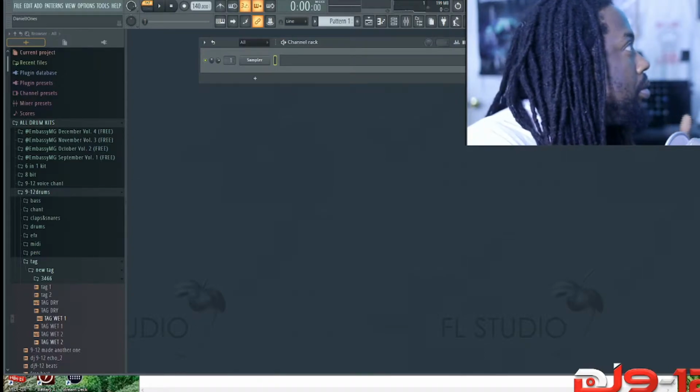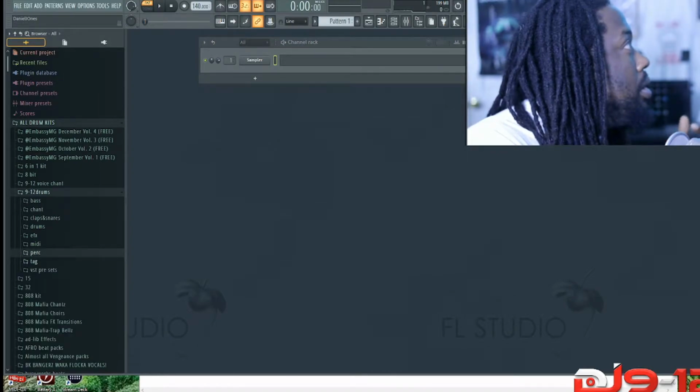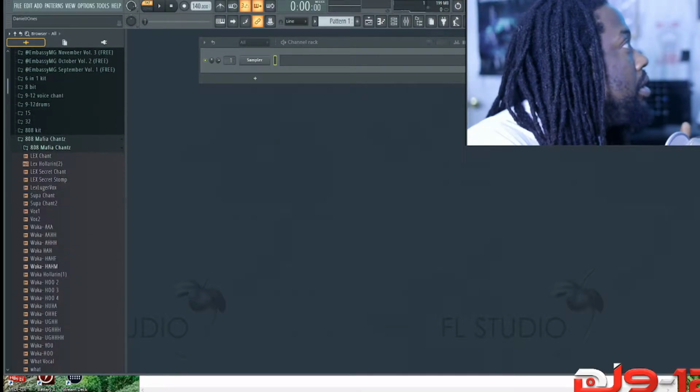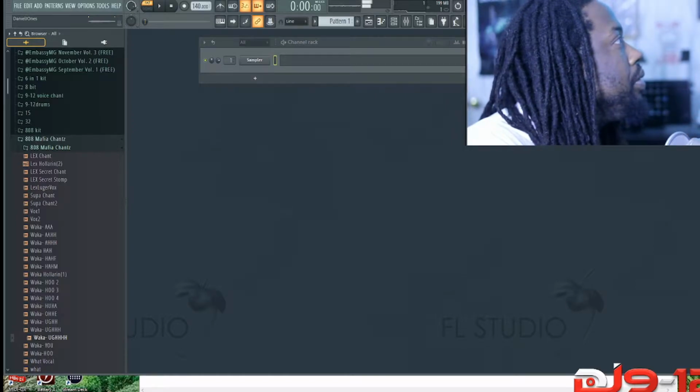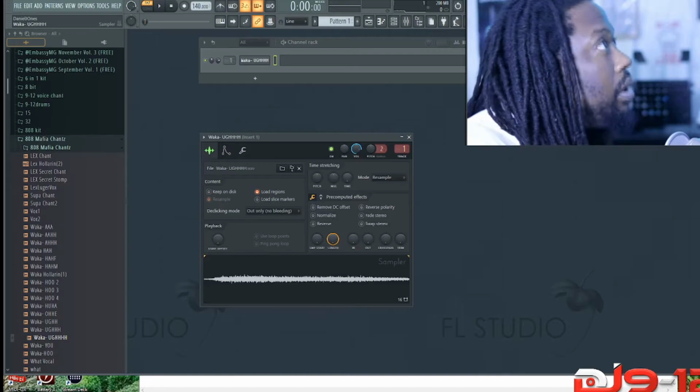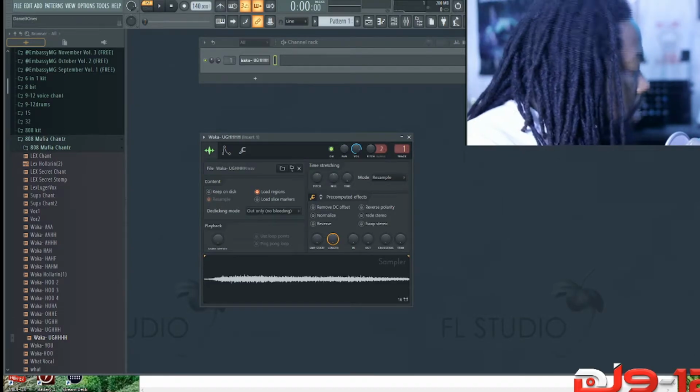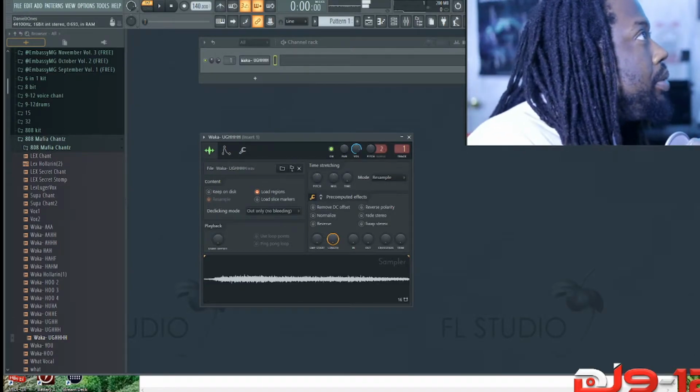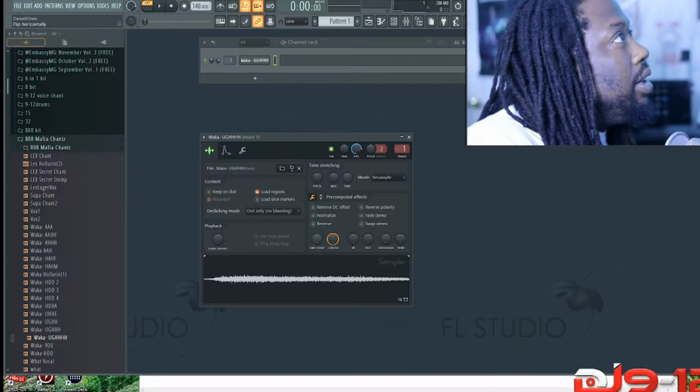So let's find a sample and load it up. Let's do a chant. That's pretty loud. Perfect. Say we wanted to use this sample, and instead of normalizing it like this,